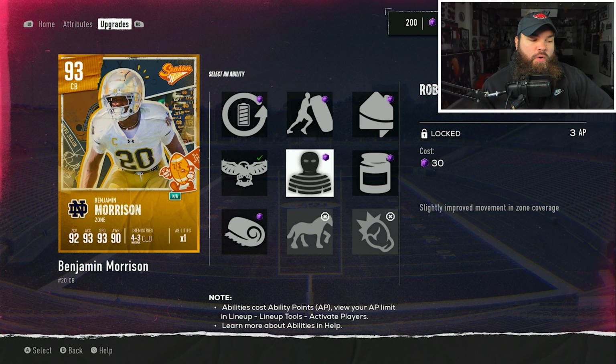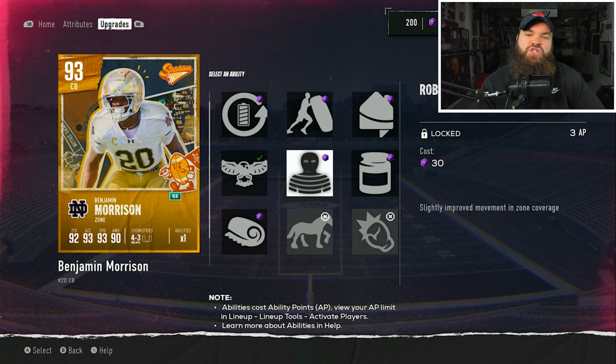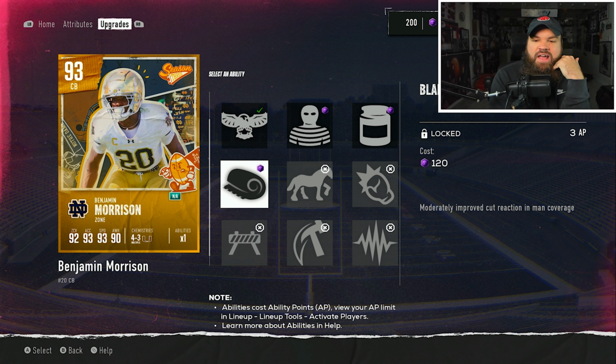And again, going back to the question I asked earlier, do you run man or zone? I feel like they're kind of trying to make a man coverage meta because we get jammer and also what's called blanket coverage on silver. Now it is 3 AP. The question is, which one do you run? It's tough because I feel like blanket coverage gets countered by like cutter, and then jammer gets countered by like press pro or takeoff. I would say the jammer because I think man coverage is only good when you get